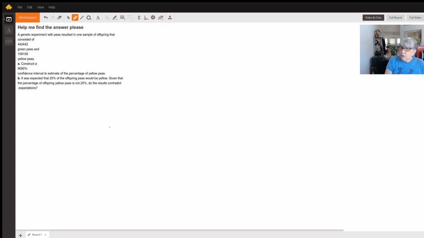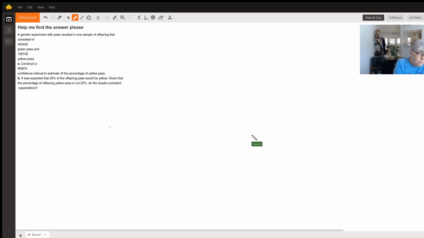So this problem is interested in a 90% confidence interval for the proportion of yellow peas in a specific variety of peas. And so we're going to be using the formula for a confidence interval for a proportion. Our basic variable is a categorical variable. The number of peas, we've got green peas and yellow peas, two categories, the color of peas, green peas and yellow peas. So our formula is